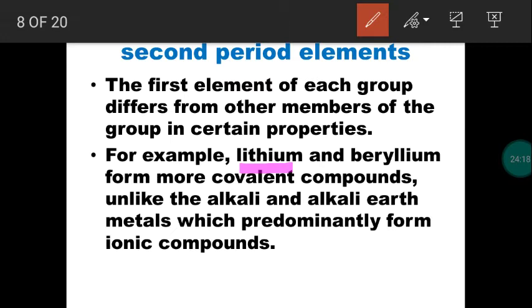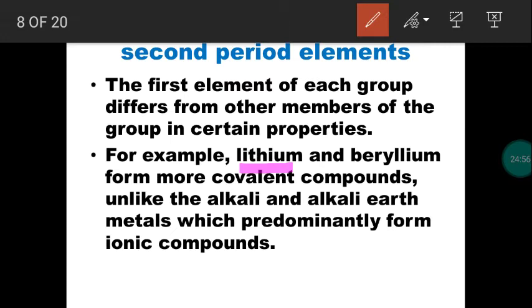If sodium has 10 electrons, the electronic configuration will be the same. Neon's electronic configuration is 1s2 2s2 2p6. Sodium's configuration is 1s2 2s2 2p6 3s1. If sodium loses one electron, its electronic configuration will be similar to that of neon. So to reach the electronic configuration of its nearest noble gas, neon, sodium easily loses one electron and becomes Na+ cation.